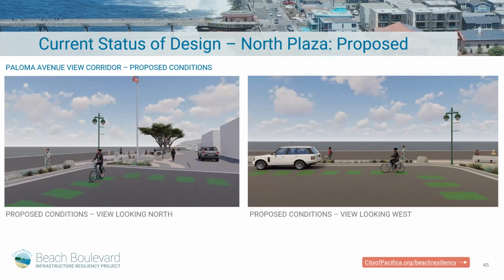Looking at the picture on the left, the visualization is looking down into that plaza area, so you can see how it really widens out, and then preserving that driveway easement access on the right there for the private parcel back behind. So going to the next slide,